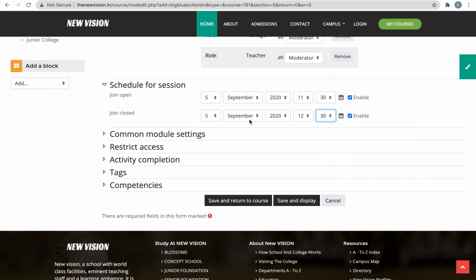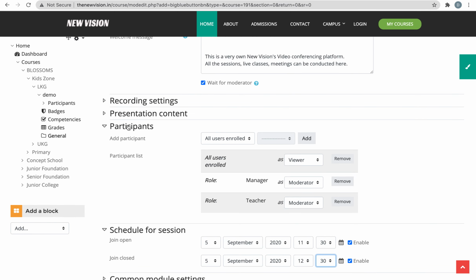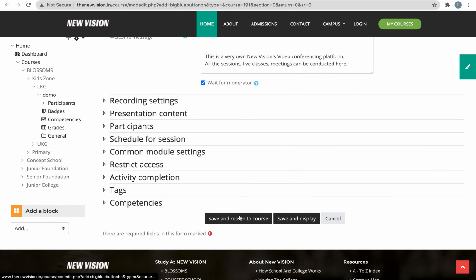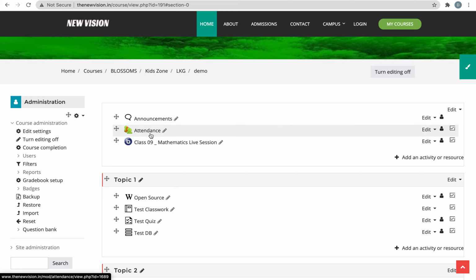Once you have entered the times and clicked on save and display or save and return to the course, it will send a notification and message to all the authenticated users of this course. Alright, so this we have discussed. You can click save and return to the course. Along with the announcement and attendance, your live conferencing has also been placed.